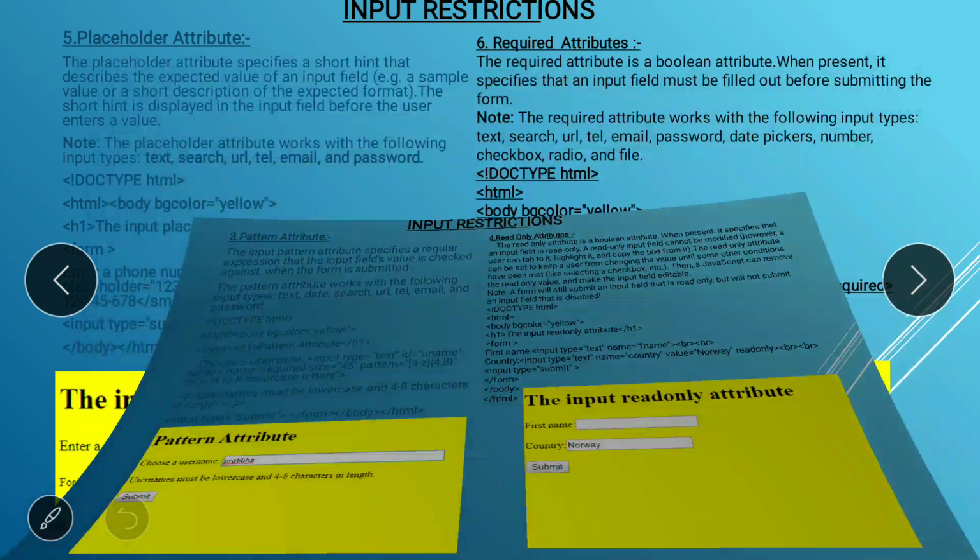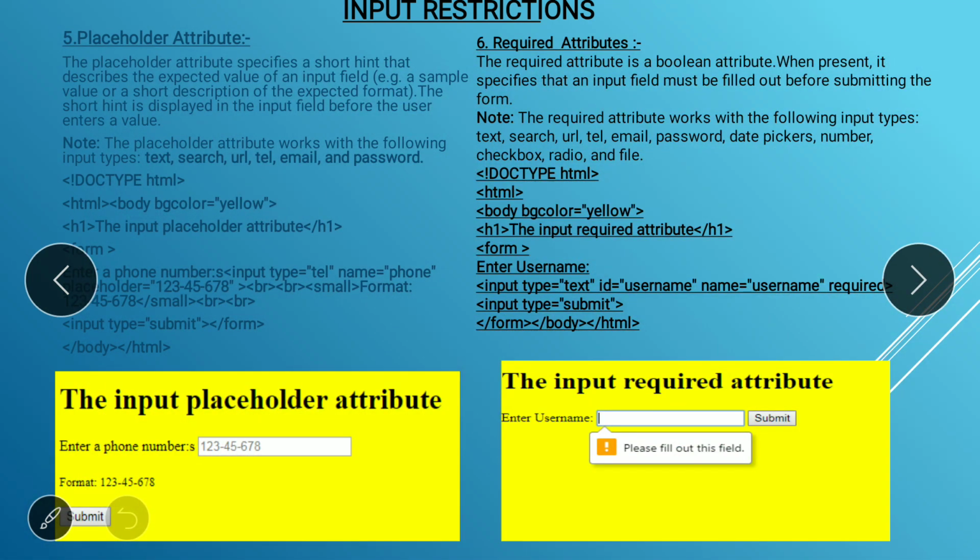Next input restriction is the placeholder attribute. What is a placeholder? It is nothing but a short hint given to the user about what the user has to enter in that control. The placeholder attribute specifies the short hint that describes the expected value of an input field.